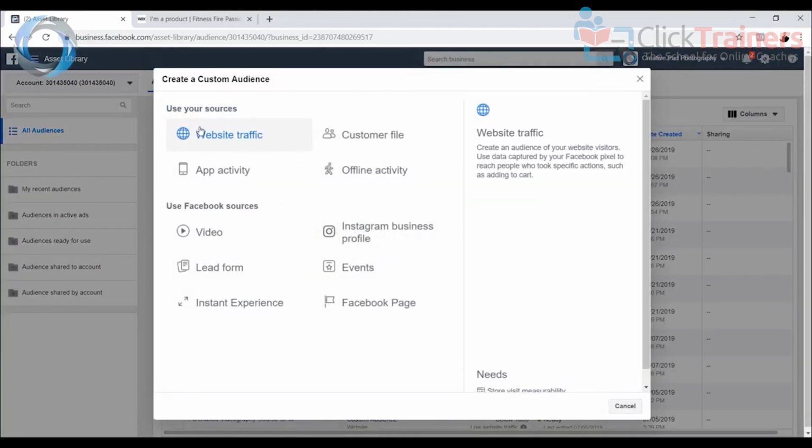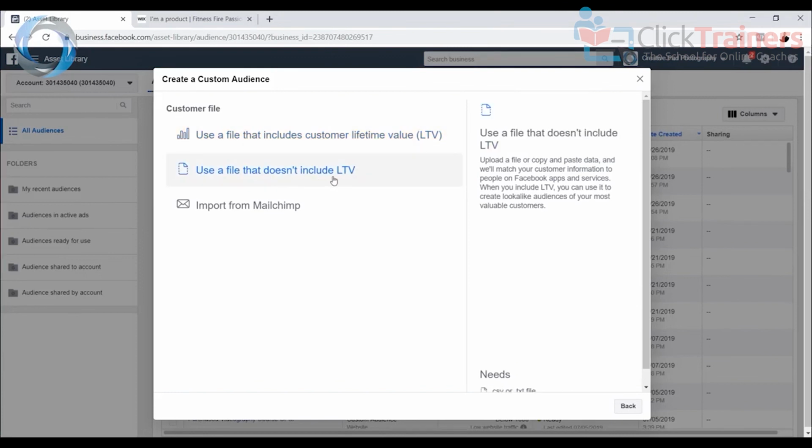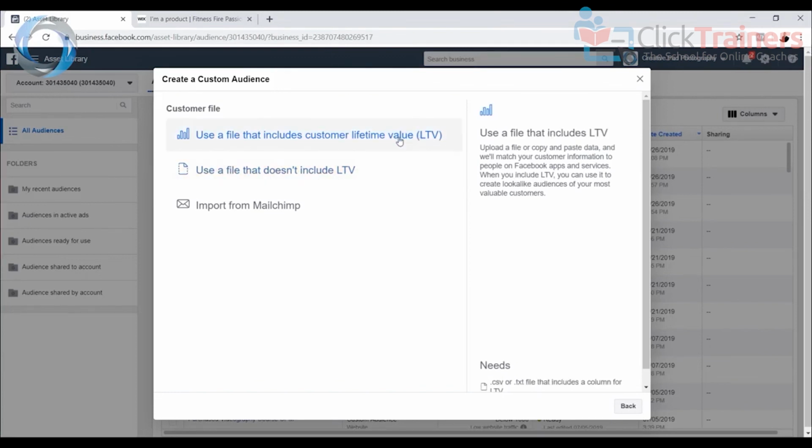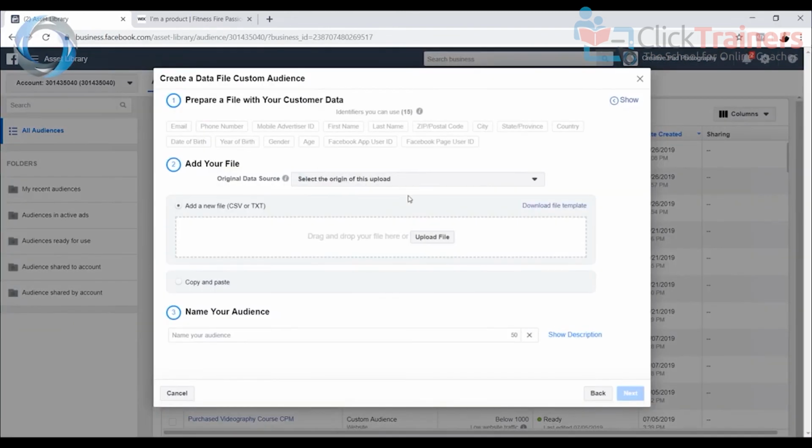Again, click on custom audience. This time, instead of website traffic, I'm going to click on customer file. Once I do that, it's going to ask me to use a file that includes customer lifetime value, LTV, or use a file that doesn't. This is kind of an advanced concept. Most marketers don't really have this data. So we're going to select use a file that doesn't include it. You don't really have to know what LTV means,